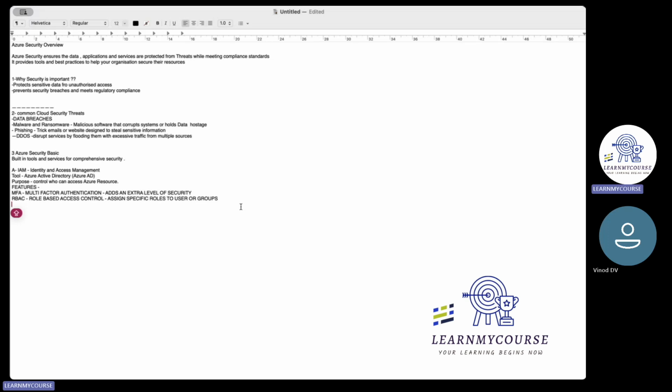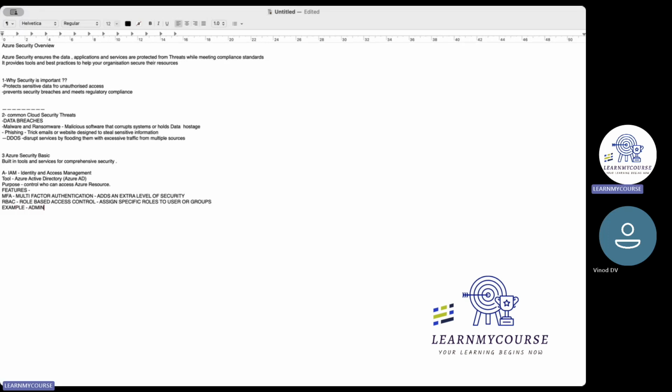Okay, so for example, I can say admin can manage servers, right? While a regular user can't access, and can access only apps, view the resource group, any services, and so on.